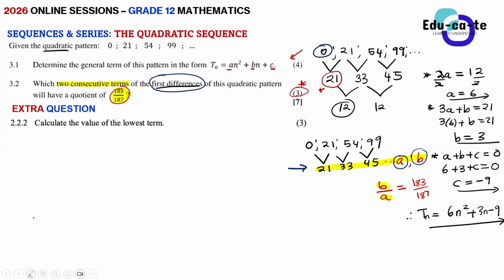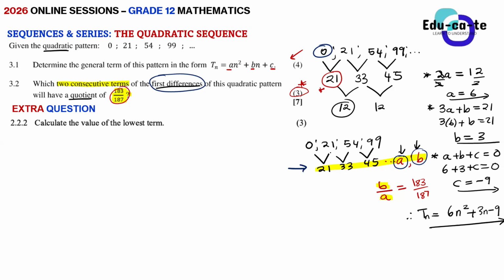I would say that to find our quotient, we would say this term B over the term A, because the quotient simply means that it's one term value over the other term value. So in this case, this is the term value B over the term value A. Do you kind of get the sense of what I'm trying to say?